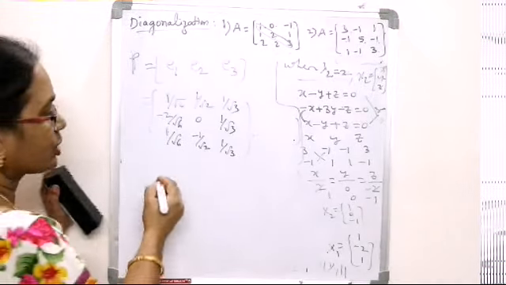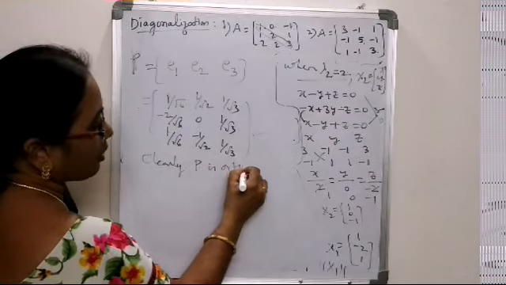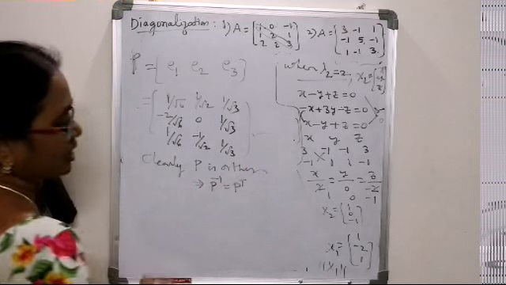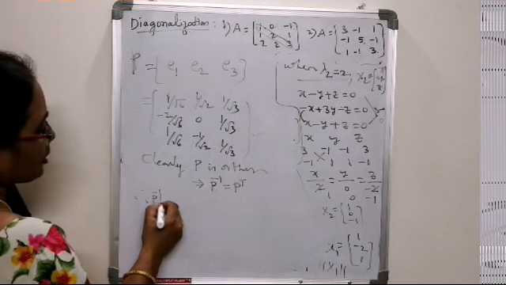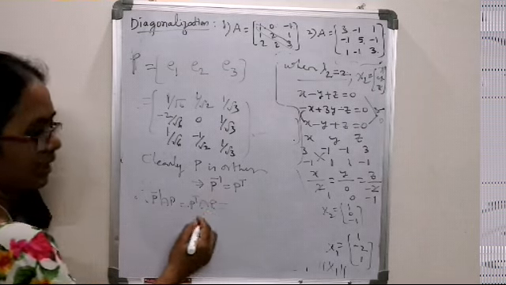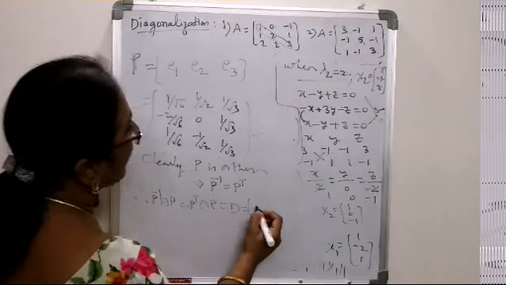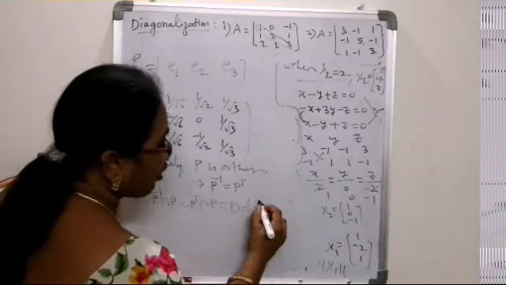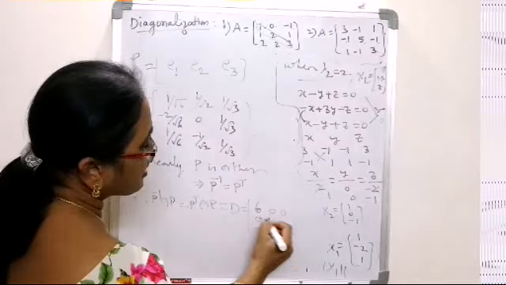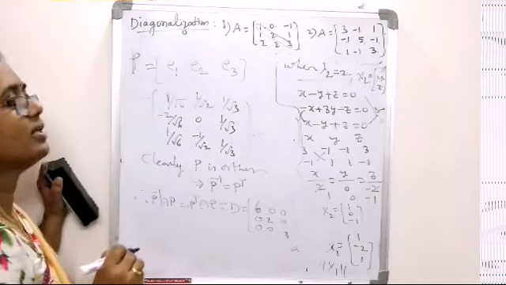By the way of its construction, clearly it can be said that the matrix P is orthogonal. Since the matrix P is orthogonal, it implies P inverse is equal to P transpose. And therefore, the product P inverse AP reduces to P transpose AP. And the product when we calculate, we are going to get a spectral matrix D, which is the diagonal matrix whose diagonal elements are the eigenvalues in the same order as we chose in the solution: 6, 2, 3, the remaining all elements are 0. And this is the spectral matrix, and this is how we diagonalize the given square matrix.